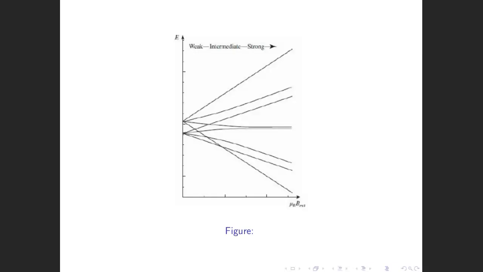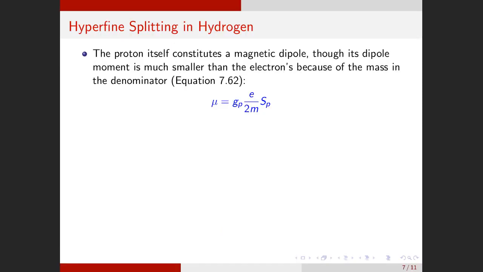So the last effect that we have to look at, which was, although it was of order alpha to the 4, it's much smaller because of the mass of the proton. This could be the hyperfine splitting of hydrogen, and this effect arises because say that you have a nucleus, it also has some magnetic moment, and there will be some interaction between that magnetic moment and that of